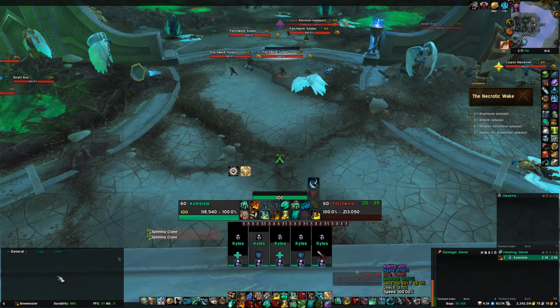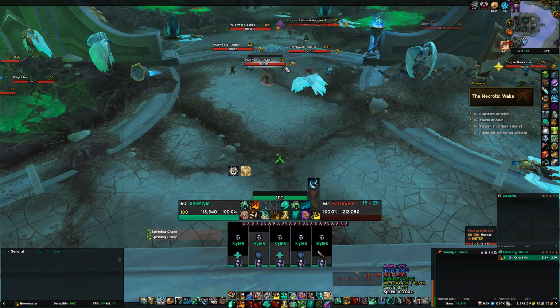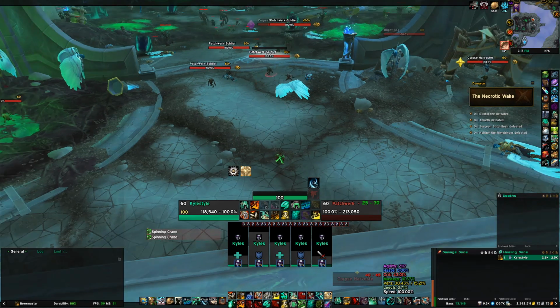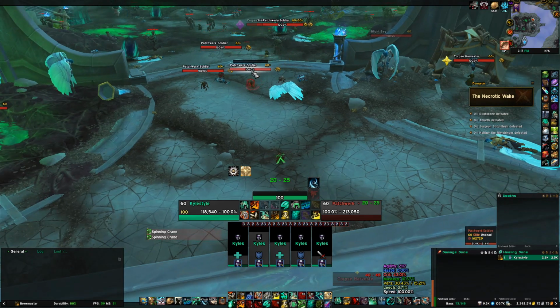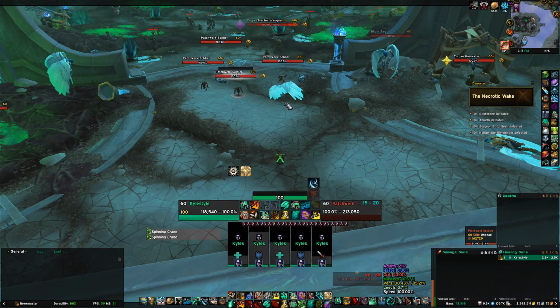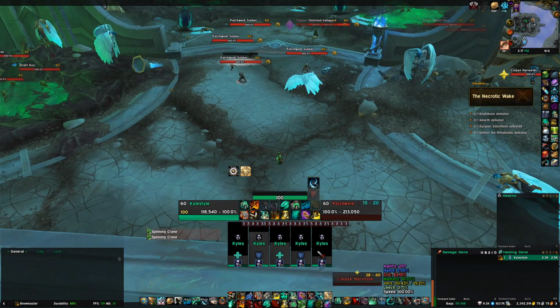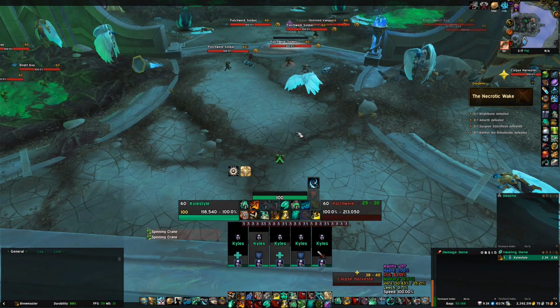Obviously you can see it includes chat. My nameplates are also Elv. I'm unsure if my export string includes nameplates or not. I know lots of people like to use their own specific nameplates, but if you want the ones that I use, they are Elv, and I've just got them set up to show the name and the percent in the center of the bar, that way I can see how much health they have. I do believe, again, I'm not sure about nameplates, but that's all included in the Elv